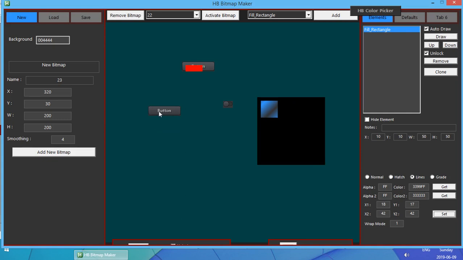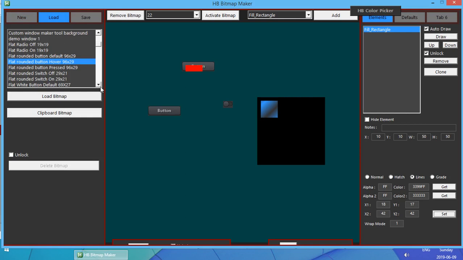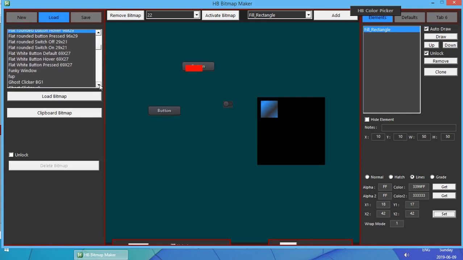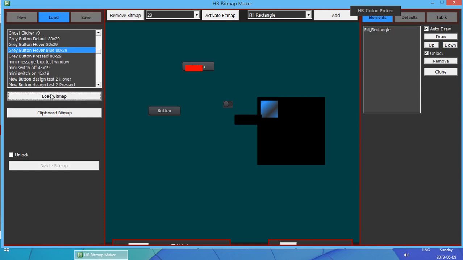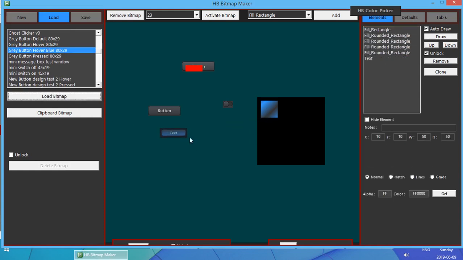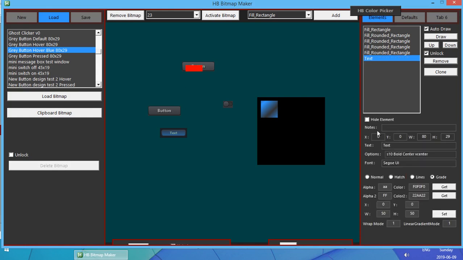Simple designs like this, they can get kind of complex. Let me see. I don't think I have anything that's really complex. Yeah, they're very simple buttons. It's just fill a rectangle, fill a rounded rectangle, rounded rectangle, and that. And it's just layers. So if I remove all the layers,